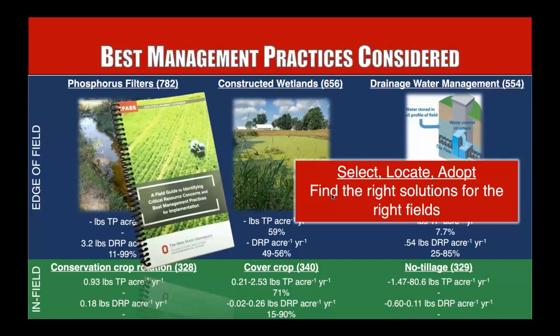And then the ultimate goal here was to find the right solutions for the right field. So this was a collaborative effort for sure, with OSU Extension agents, with the farmers themselves, with nutrient service providers, and the researchers to identify what type of practice or practices made sense that would have the best chance of reducing phosphorus, what type of practice the farmer felt most comfortable with, what type of practice there was actually space and room for. So there were a lot of things to consider in choosing a best management practice for these fields and for all fields.